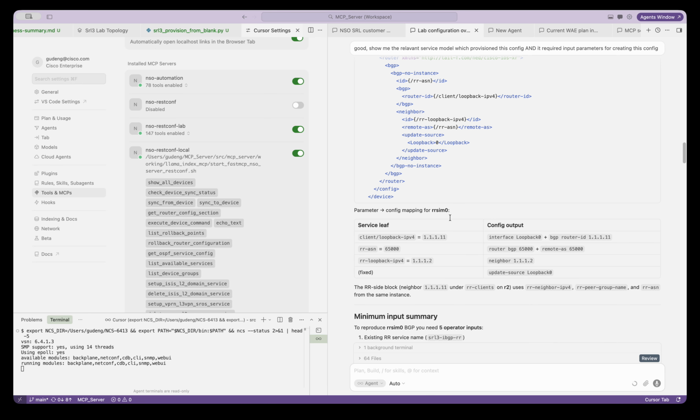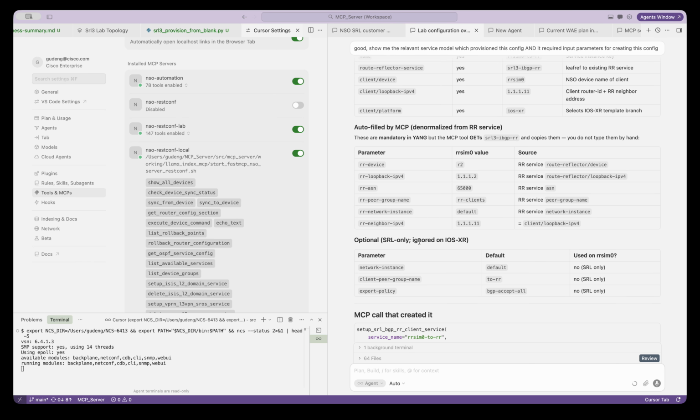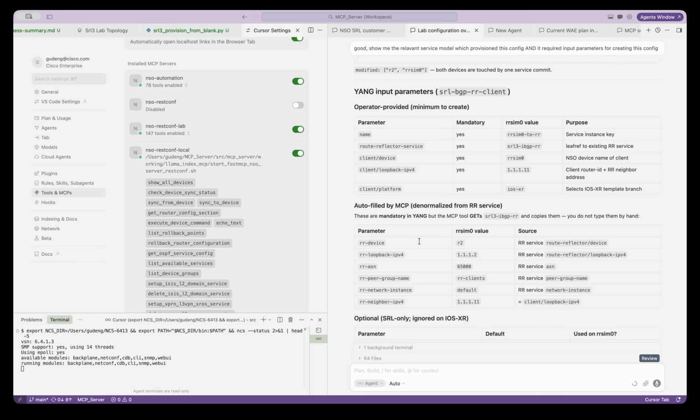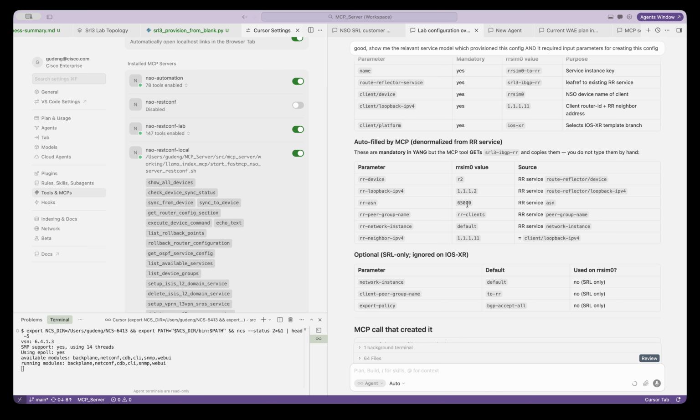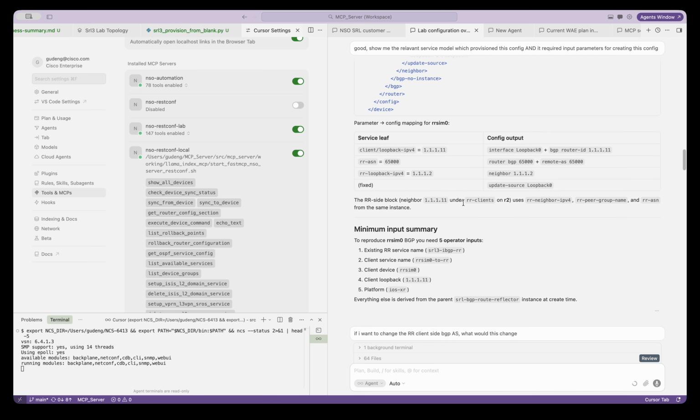You see here that I don't input anything for AS. There's no BGP AS to be input because it's done by default. It assumes that you always take 65000. Okay, well, that's fine.